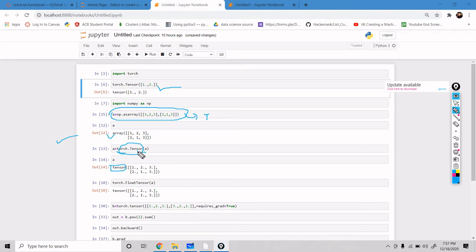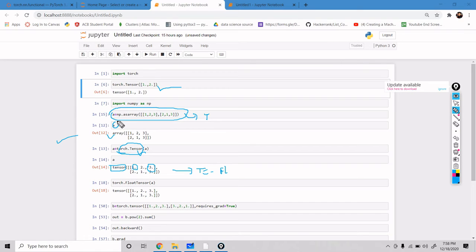As we know, it will convert all the data points into floating data points. We can see 1 is also a floating number, 3 is also a floating number. Tensors are always floating point numbers.